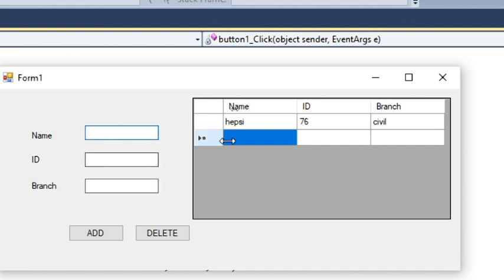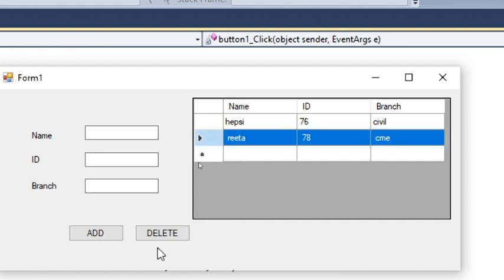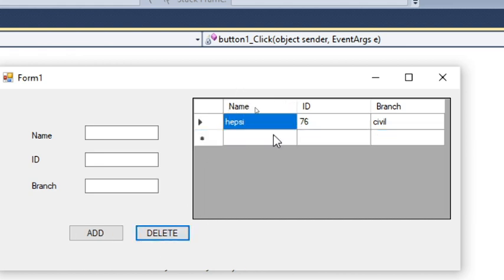The text boxes have been cleared after getting copied into the grid view. Okay, one more data. Rita, 78 pin number, and she's of CME. Add. Then later I realized Rita is not of CME, so I will delete it. Select it and delete.